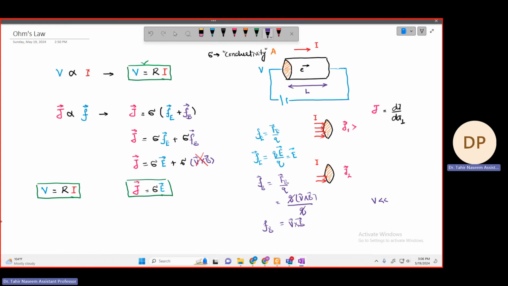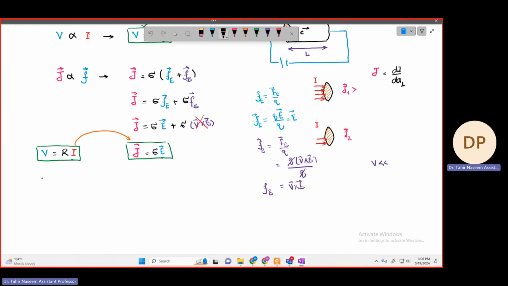So what I want to do is convert this expression starting from here, and I want to go to this here. First of all, I need to convert R into sigma. So I need to look for a relation which can convert R into sigma. And I know that